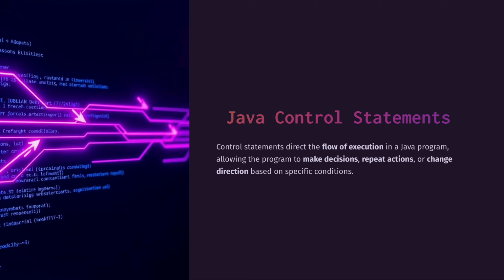A statement which directs the execution flow, allowing the program to make a decision, repeat an action, or change the direction based on a specific condition, is called a control statement. Because based on these control statements, the flow of execution in a Java program changes. Let's see how